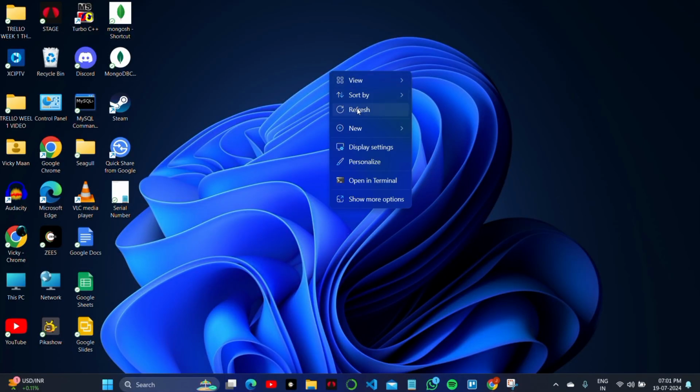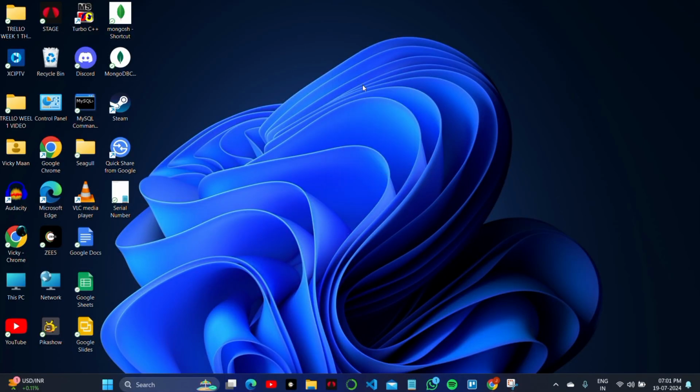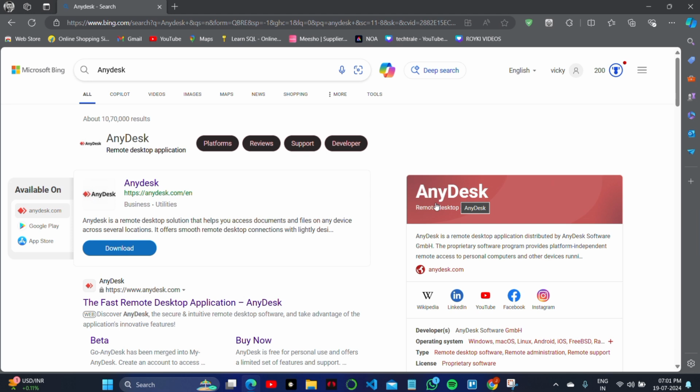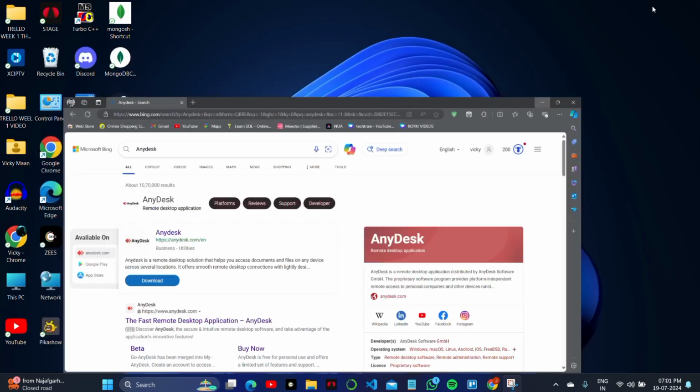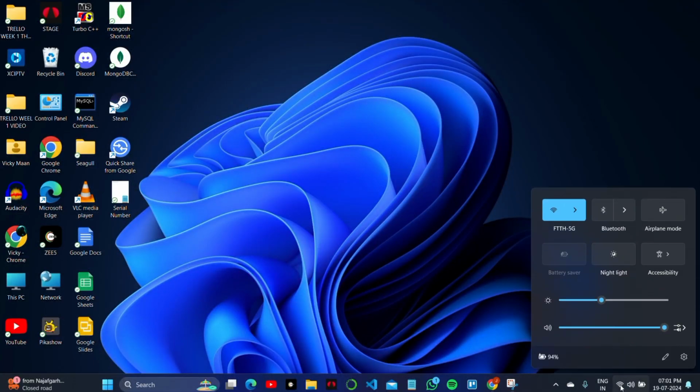How to fix Anydesk is not connecting to the network on your PC. If you're facing the same issue, how can you solve it? To solve this, firstly open the application of Anydesk, or if you were using it in your browser, you can do this thing. Now, if it's not connecting to the network, then maybe the problem is only in my network